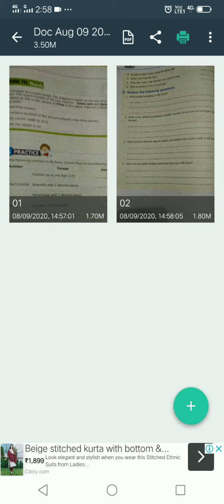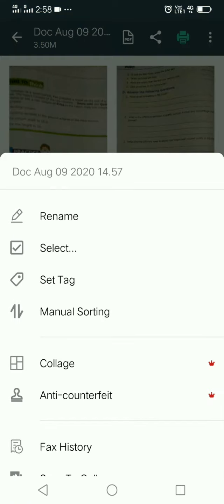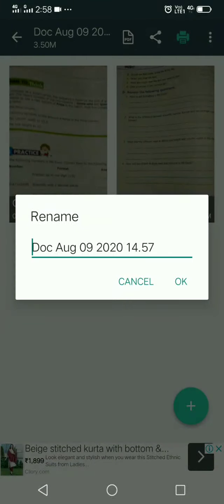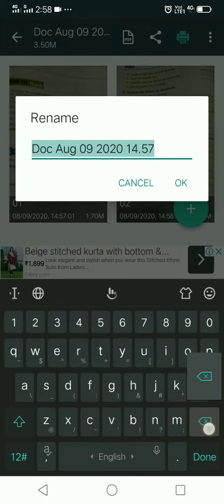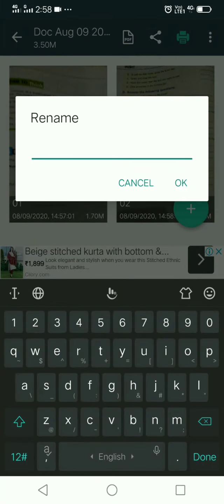Now before converting these images into a PDF, you have to click on these three dots at the top right corner, and here you will get the rename option. Go to rename, and here you first type your name, for example Aman.